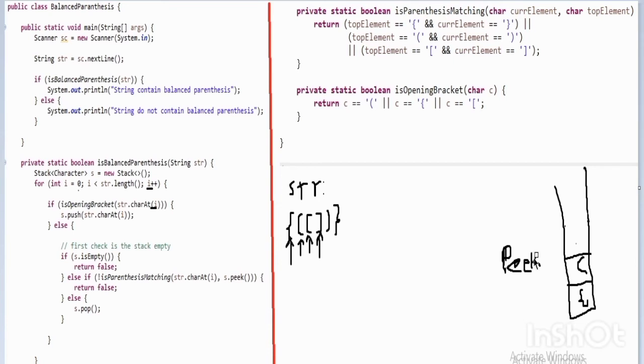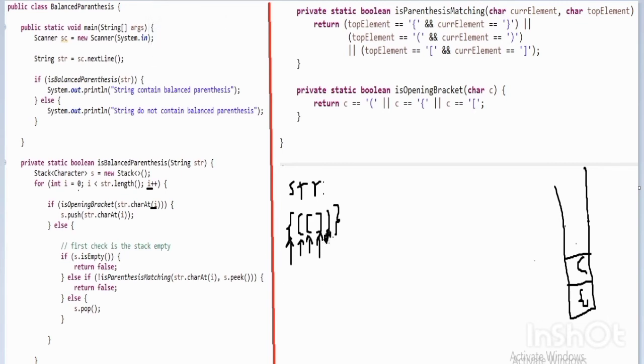Again the i value is incremented by 1, i becomes 4. At 4, a closing bracket is present, so that condition is false. Check the else condition, the stack is not empty, then isParenthesisMatching. Check whether the parentheses are matching or not.